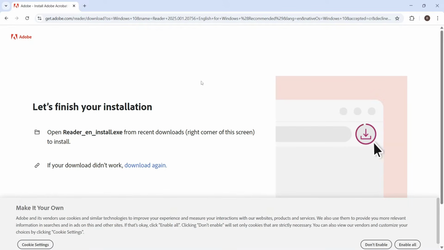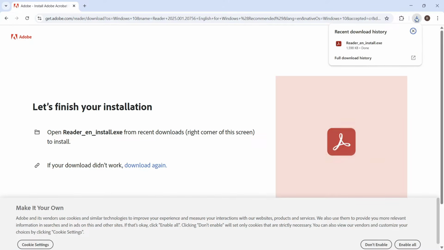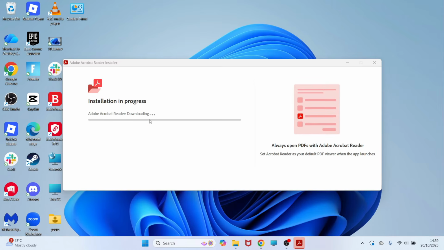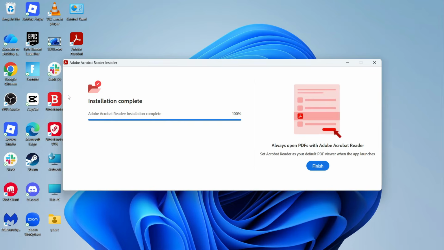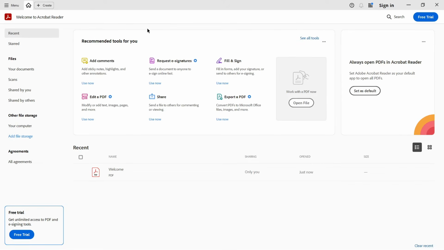Now, after a few seconds, that should appear in your Downloads folder in the top right hand side of the screen, and then you can go and open up this file to begin installing it. You can then just wait a few moments while this installs to your computer. Now, once it's finished installing, you can just go ahead and press finish, and then you'll be taken to this